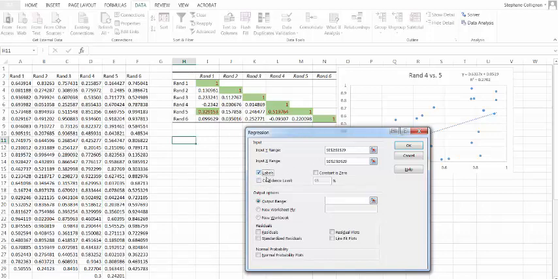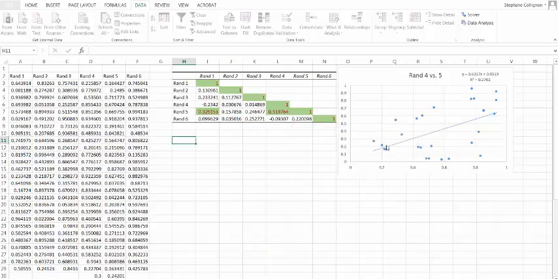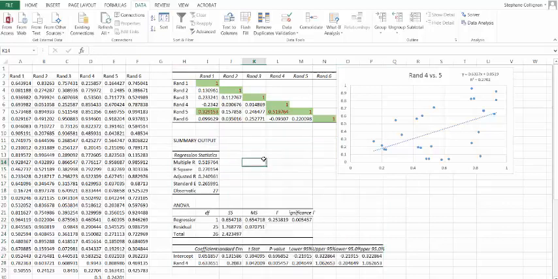For the output range, I could say a new worksheet or a new workbook. Again, I want it in the same sheet, so I will make it appear below and to the right of that cell. Let's do that, and we click OK. Here we go, we have the result of our